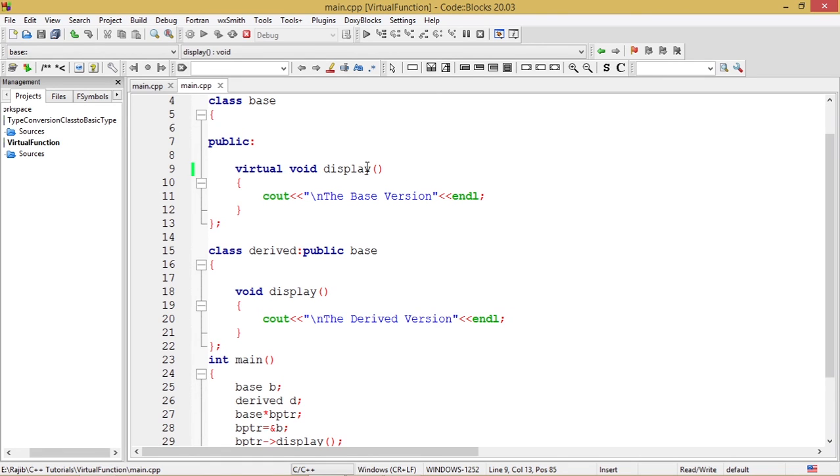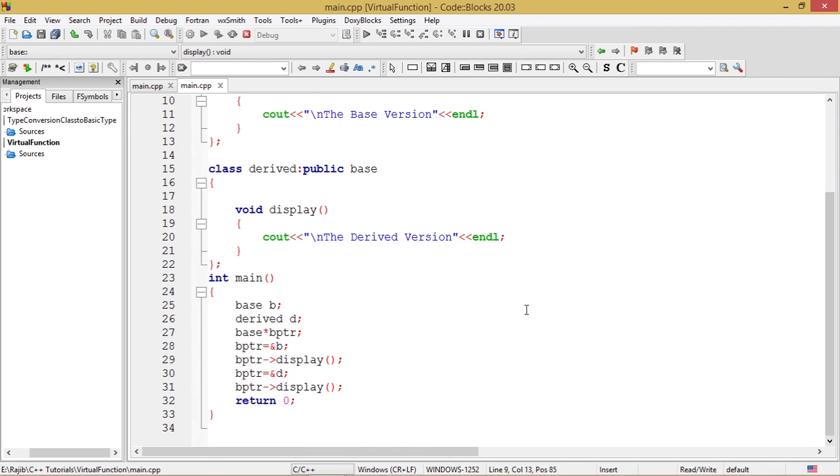And this virtual function helps us to invoke the function with the same name in the derived class. This virtual function helps us to invoke the derived version of the display function when the address of the derived class object &d has been assigned to the base pointer bptr, and bptr->display invokes the derived version.